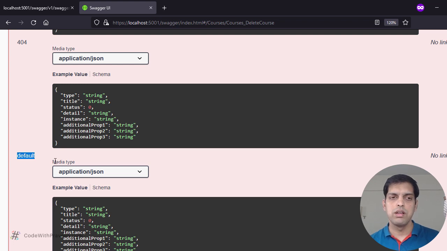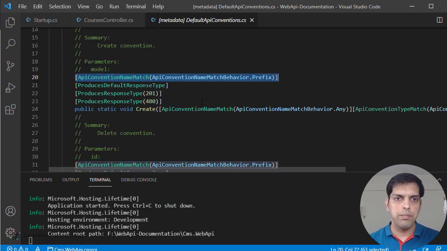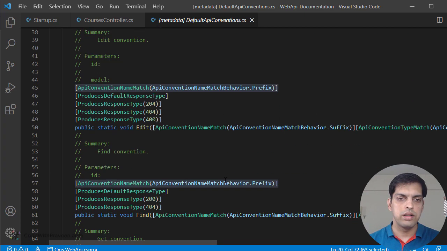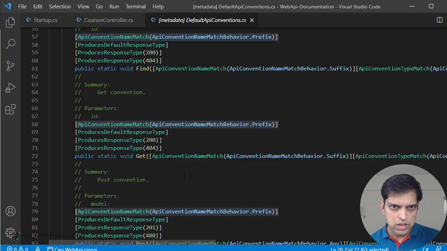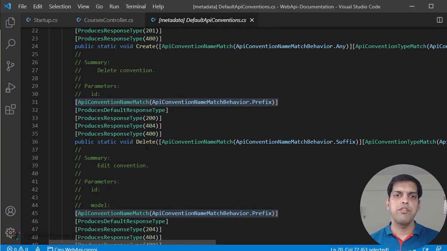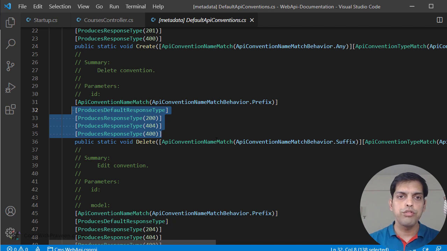Why this has happened? The reason being, since it's going to apply at all the action methods as per certain name comparisons, it has applied it for this specific delete method. Let me go back to the source code and let us look at the type within this for the delete method. If we scroll down all the way to the end, okay, it doesn't look like at the end. Okay, here we have for the delete. So for delete, it is going to apply all these 4 attributes, namely 200, 204, 400 and the default type.